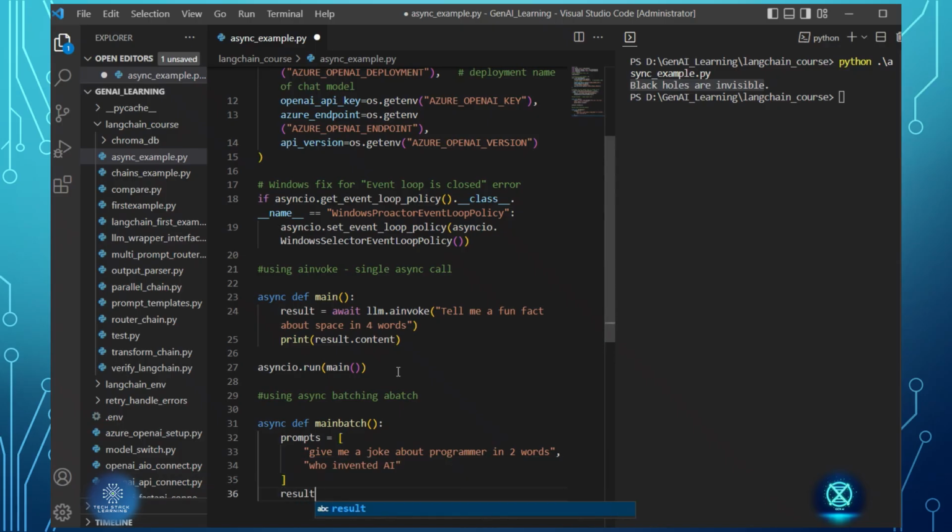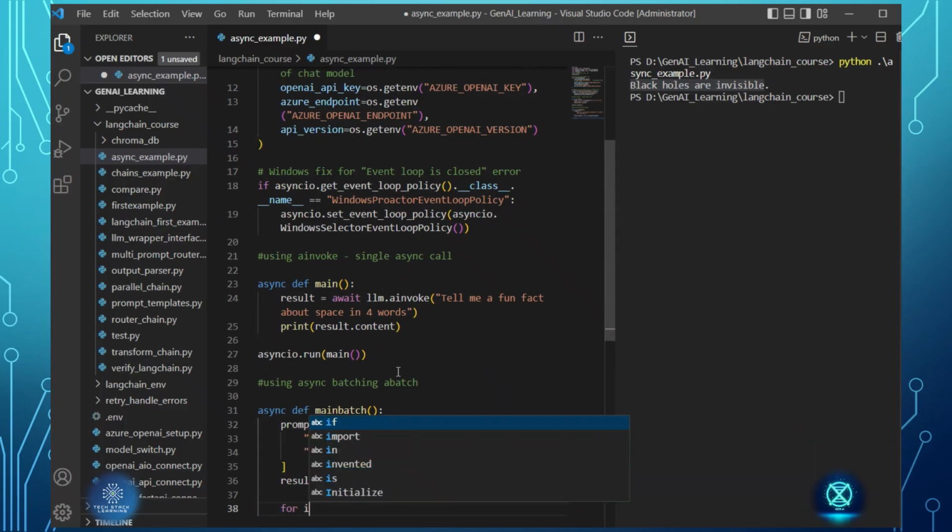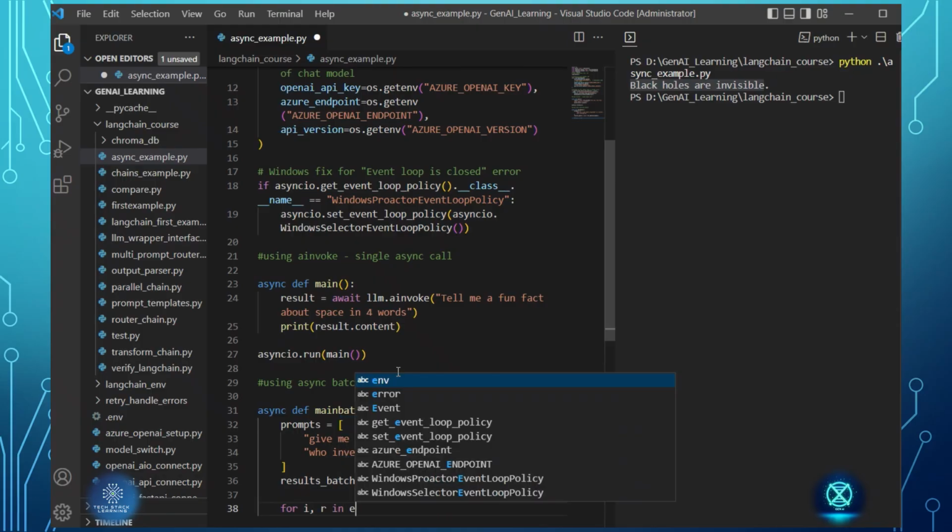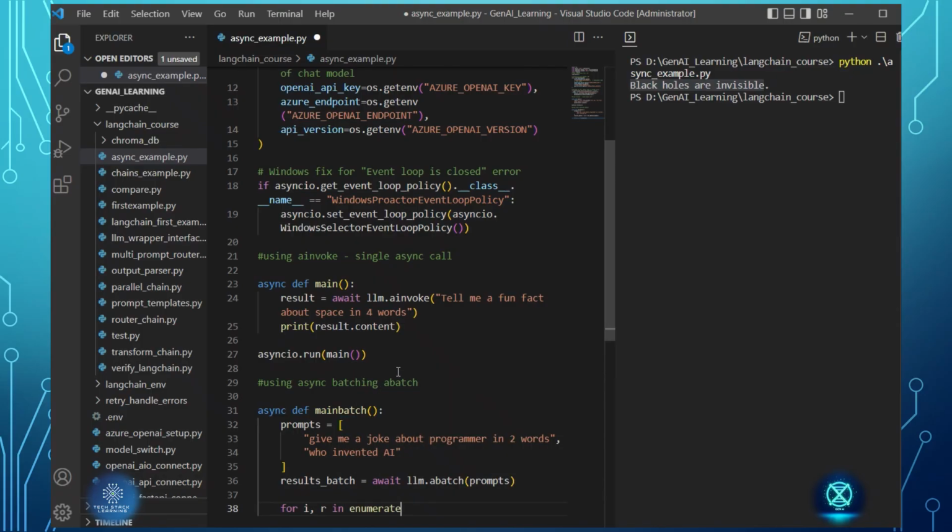Now results_batch equal to await llm.abatch of prompts. Then for i, r in enumerate of results_batch,